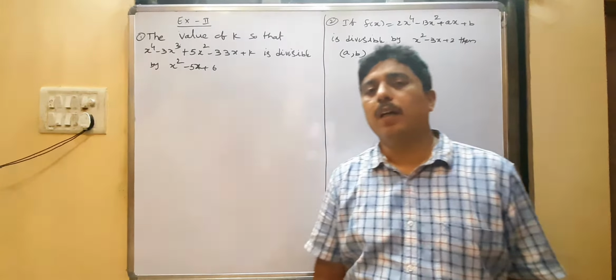1 plus root 3 into 1 minus root 3 is of the form a plus b into a minus b, which is a square minus b square. 1 square minus root 3 whole square, that is 1 minus 3, which is minus 2. Minus 2 gamma equal to minus 4, so gamma equal to 2. Again I am repeating: 1 square minus root 3 whole square, root 3 whole square is 3, 1 minus 3 is minus 2, minus 2 gamma equal to minus 4, gamma equal to 2.